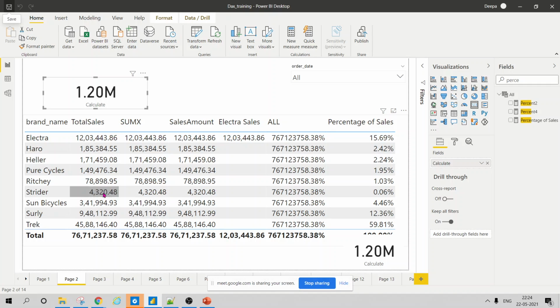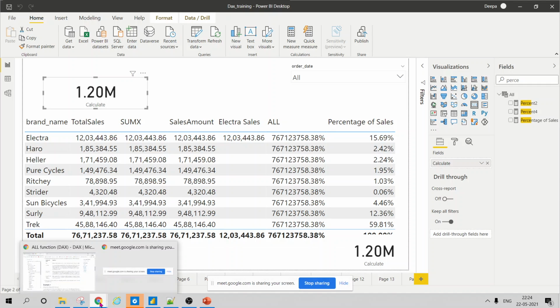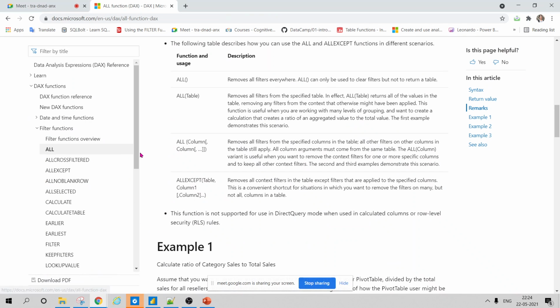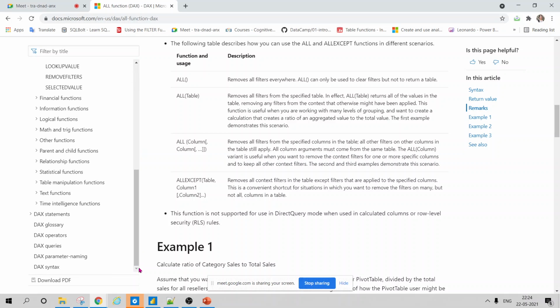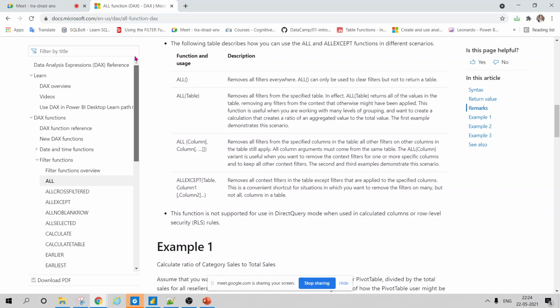Microsoft has a very good number of DAX functions, all the DAX functions. But actually, what happens is the more you practice, you'll see there are 2,000, I think there are some 200,000 DAX functions, right? One cannot be an expert in all the functions. Even I'm teaching since long, and I think I'm not an expert.